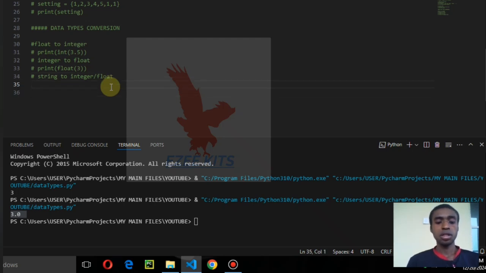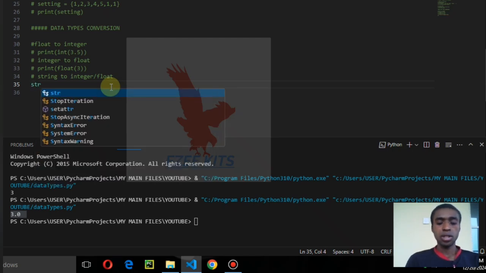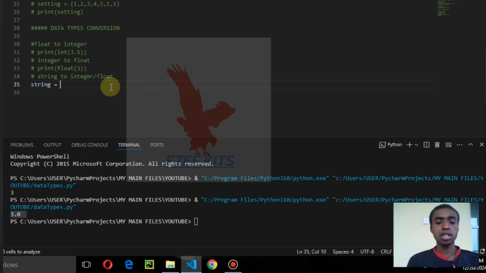For example, let's have a string, and the string is something like "123". We know that this is a string because of the quotes at the beginning and at the end. And on our common sense, we know that this 123 is a number, even though when you check the type,